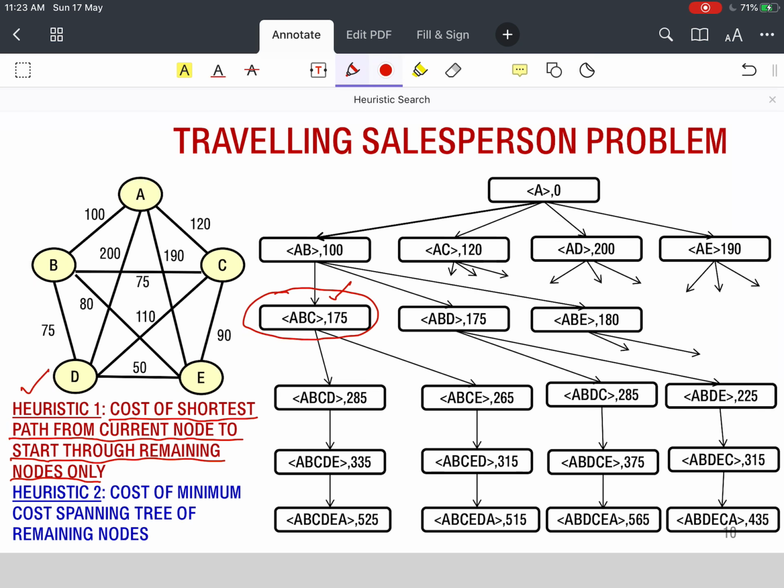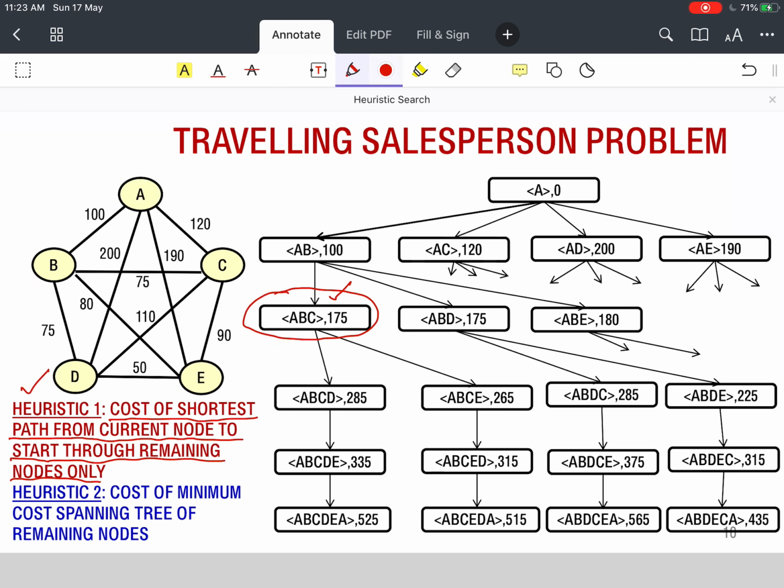So if we consider the remaining graph consisting only of nodes C, D, E and A, and remove B, and remove all edges from C to B and C to A, then in the graph that we get, the shortest cost path from C to A will give us an estimate.